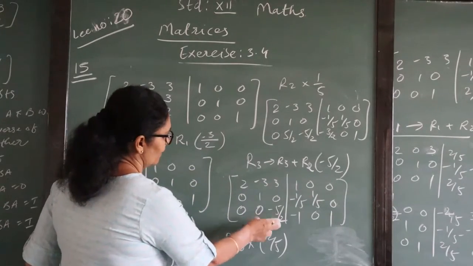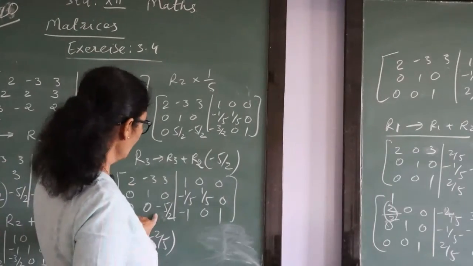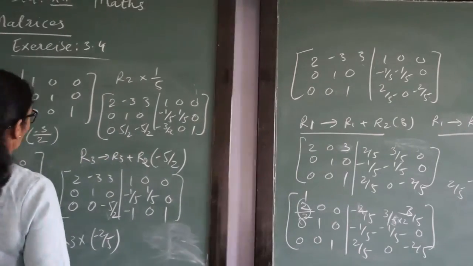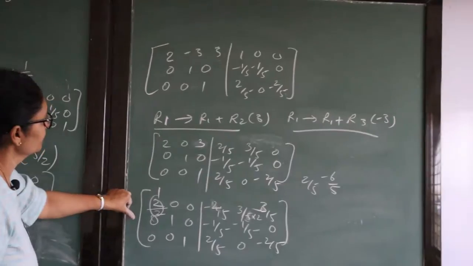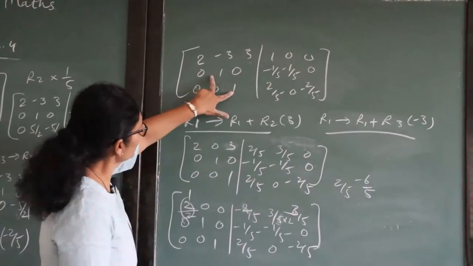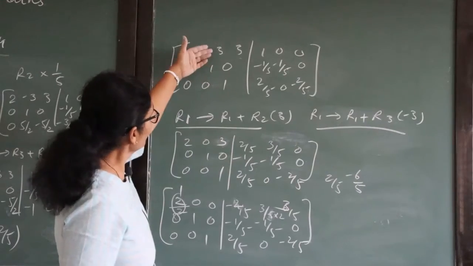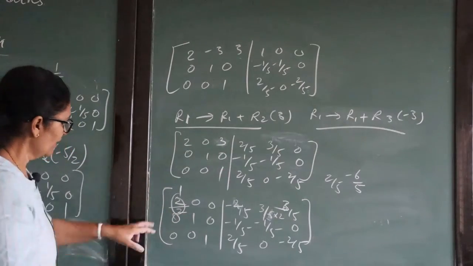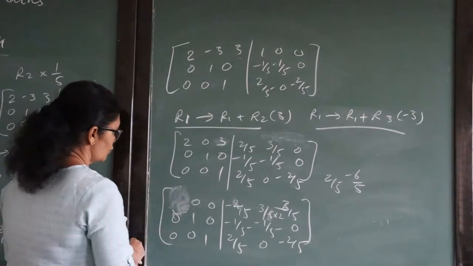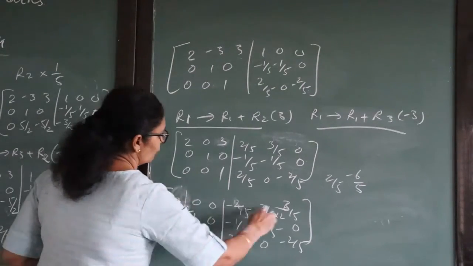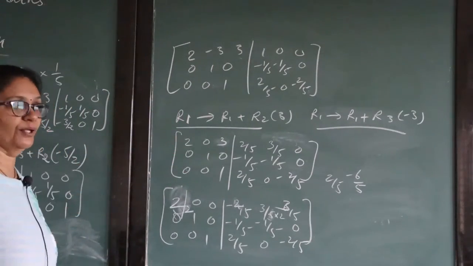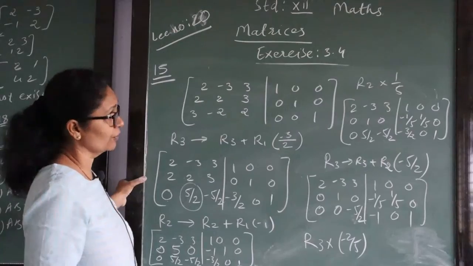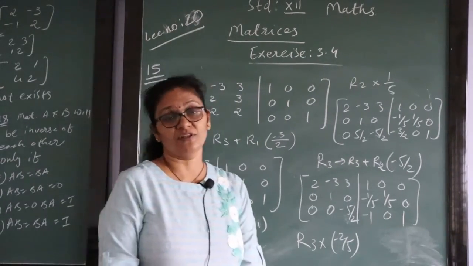So now here to make a 1, we have multiplied with minus 2 by 5, and you get our second and third, both the row 0. Then what you get? If this 2 1 1 you are getting, multiply this with 3 and add here, multiply this with minus 3, add here. So this is your calculation, and here only you get 2. So when you get 2, we have divided the full row by 2, and what you get will be your answer. So we have discussed these questions for 3 by 3 also today,